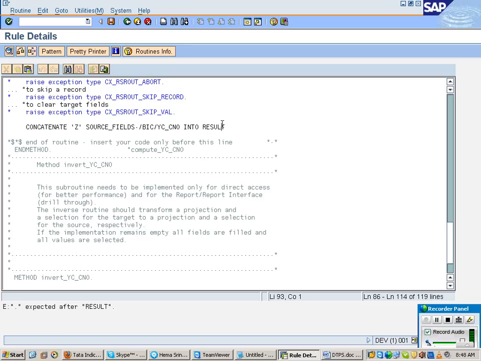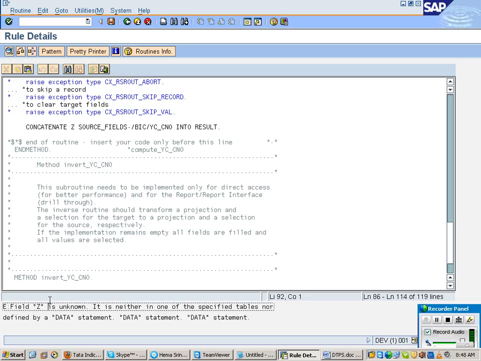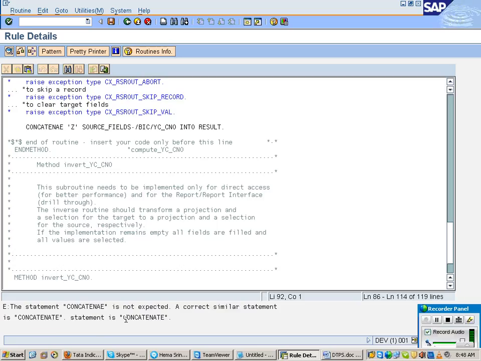Suppose you didn't give a single quote: it says it is neither declared. Suppose you missed some spelling here. Just correct it.